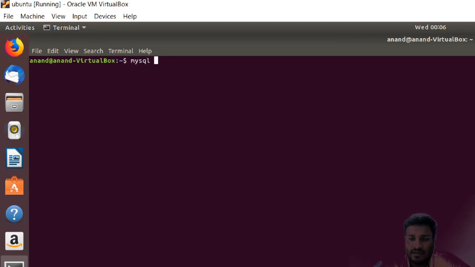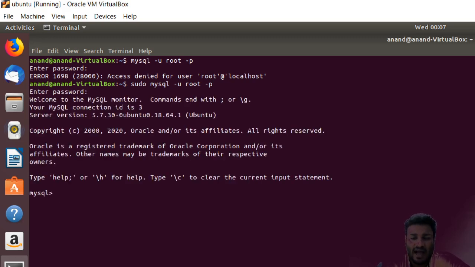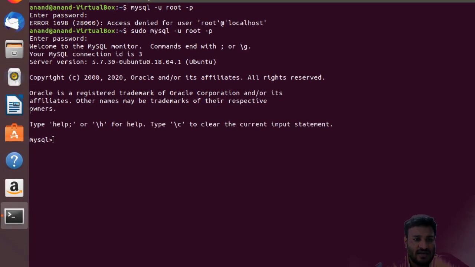We will say mysql -u, the user was root, and -p. We do not provide the password here, we just hit enter, and in the next line MySQL automatically asks for the password. Say root, and it says access denied because we do not have any user created for root at localhost. We will discuss how to create users in upcoming chapters. We will work simultaneously on Linux and my workbench. Now again I have typed in sudo, and you can see that I have logged in to MySQL. This is what comes up as you come to the terminal for MySQL.